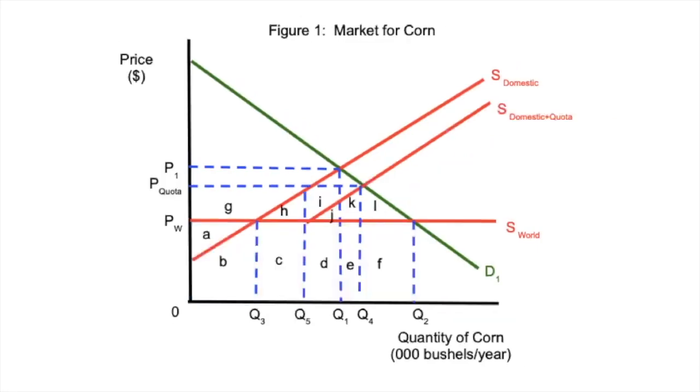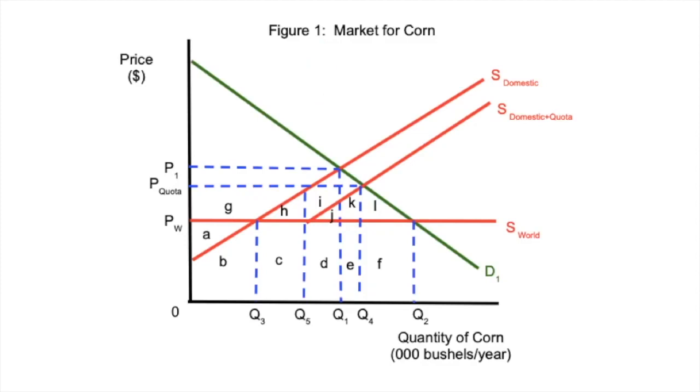All right, there it is, okay? So it's the exact same diagram. Don't get intimidated by all these letters yet, okay? Don't get intimidated later either, but don't worry about these letters right now. What is this saying? All we did is we moved the S domestic out because the government said there's only a set amount of corn that can come in from outside of